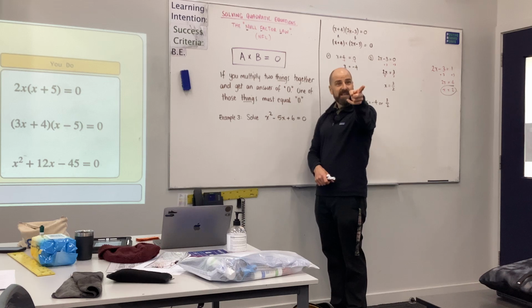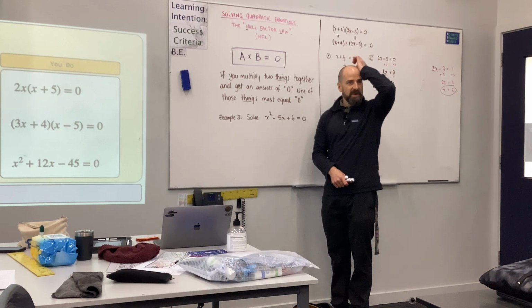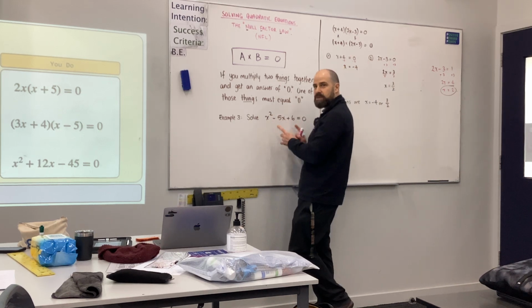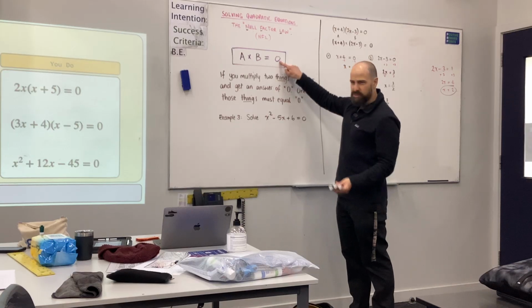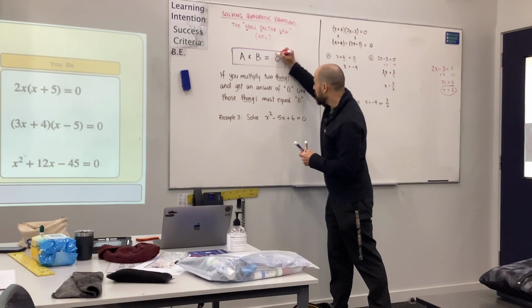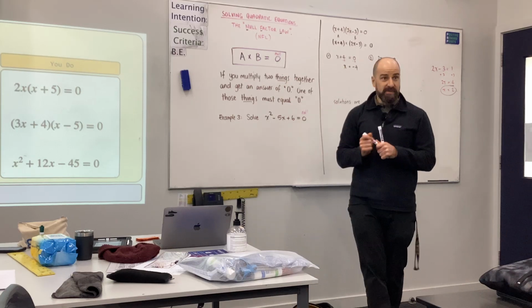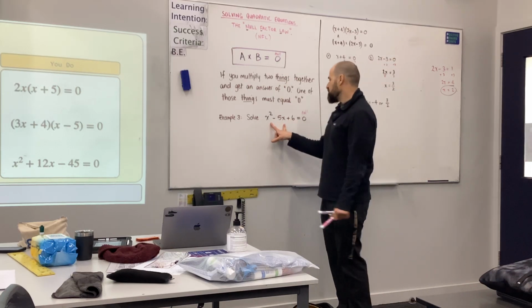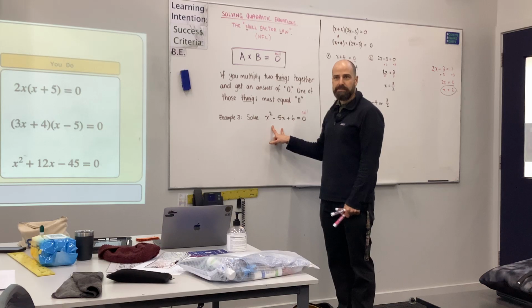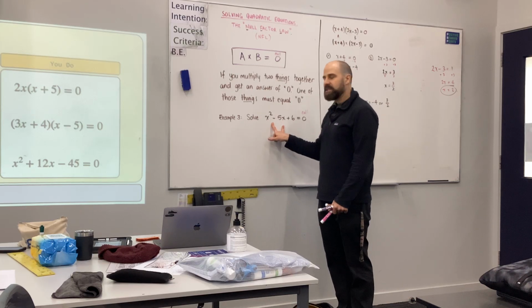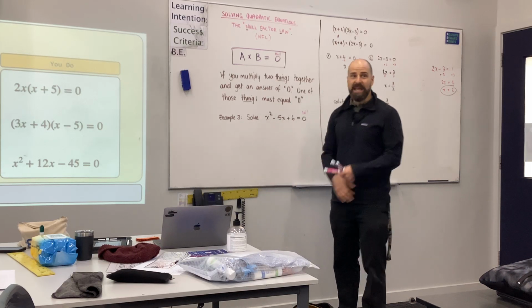Now, you just said minus 5x, not times by 5. So we don't have two things being multiplied together. We do have the 0, so we've got the null. Here's the null part in my null factor law. What I've got to do is turn this into two things being multiplied together. How can I turn this into two things being multiplied together? I can